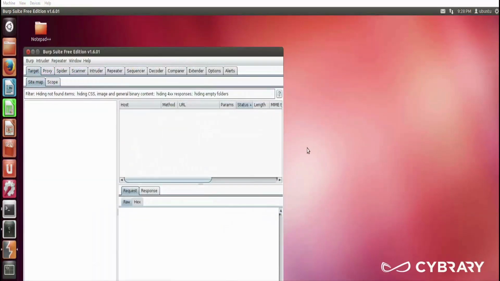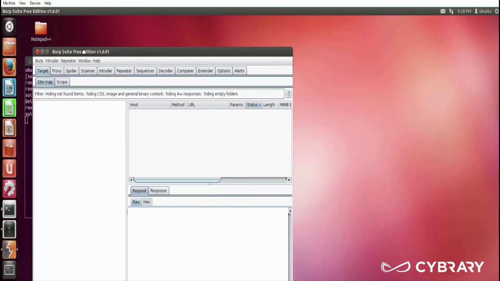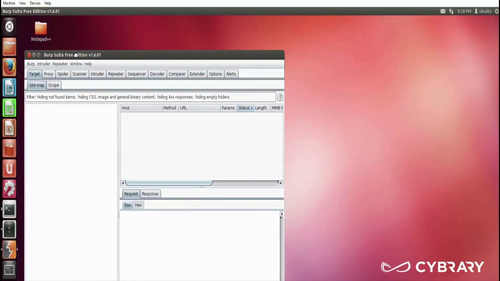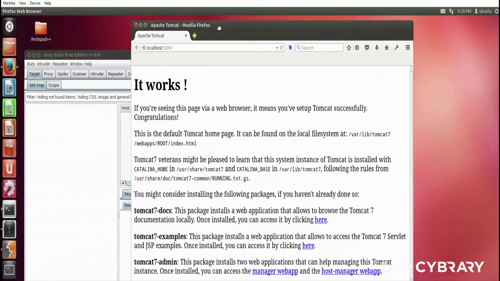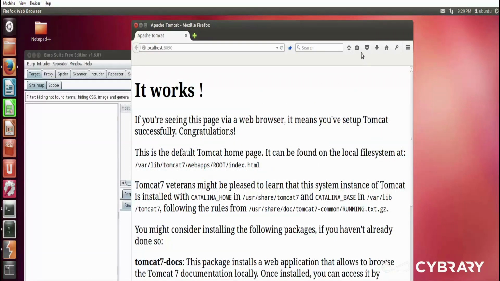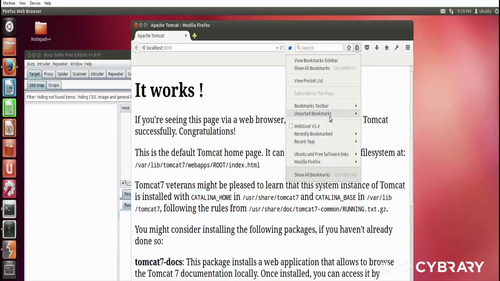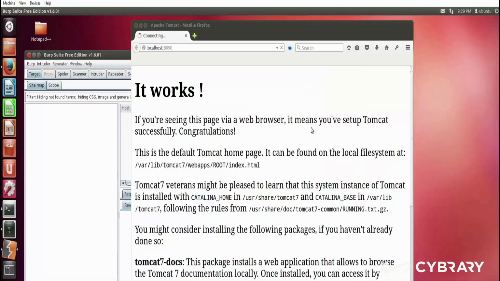So let's go ahead and test out our BurpSuite and make sure that it's working with our application. Now, in your VM, all you need to do is open your Firefox browser, and it's going to actually default to the location of Tomcat, where Tomcat is running, which is on port 8090. And what you should have is a bookmark for WebGoat already in the bookmark drop-down. So you can just click this bookmark, and